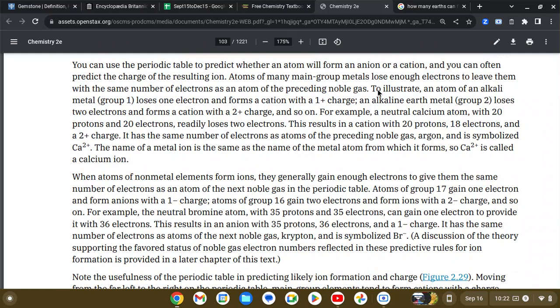When atoms of nonmetal elements form ions, they generally contain enough electrons to give them the same number of electrons as an atom of the next noble gas. In the periodic table, atoms of group 17 gain 1 electron and form anions with a -1 charge. Atoms of group 16 gain 2 electrons and form ions with a 2- charge,